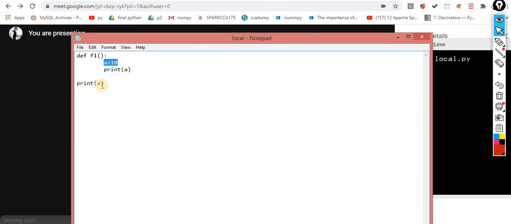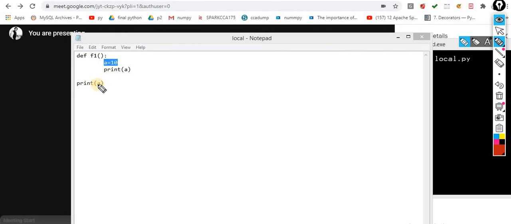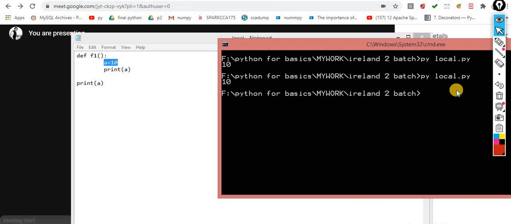At this point it will say undefined a, because the life of a is only inside this f1 function. When I call this a outside the function, a is nothing. Keep this point in mind. Now I am executing it, so you will get the error.